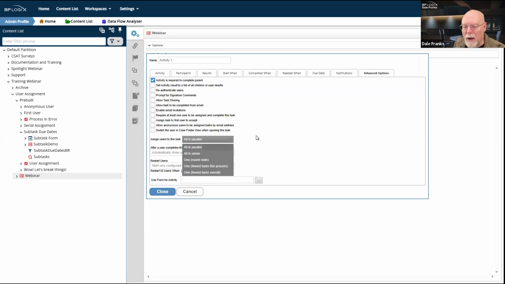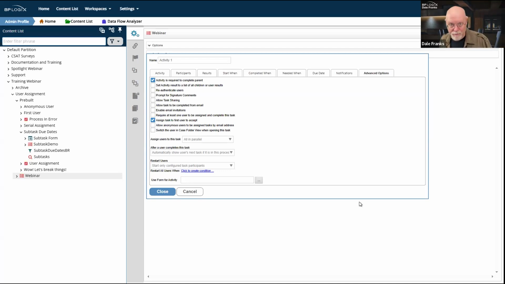Now, all in parallel has its own little wrinkle as well, because up here in the advanced options tab, there is assign task to first user to accept. Now, this runs a little bit differently.